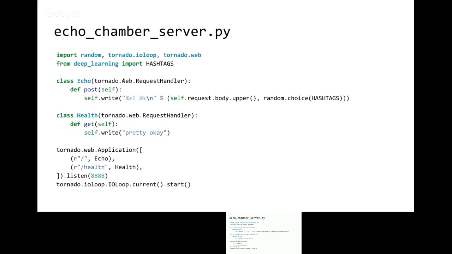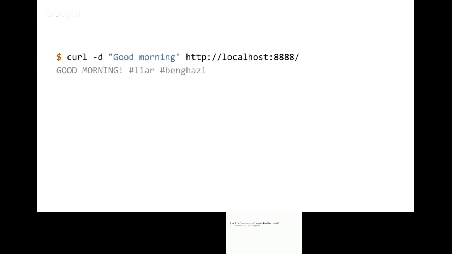So here's the endpoint, which actually does that. And then there's also a health check, which we're going to use, which can tell us that the server is actually up and able to send requests. So if we fire this thing up in a terminal somewhere, then we can curl it to see what it does. So you can see the underlying neural network might need some more training, but otherwise it seems to be serving